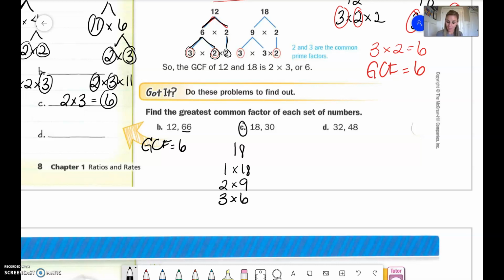Sorry, Mrs. Horner, I missed it the first time. See, this is why I go through. 4 and 5, good. Okay, there's me listing my factors of 18. So let's list the factors of 30. 1 times 30, 2 times 15, 3 times 10, and then